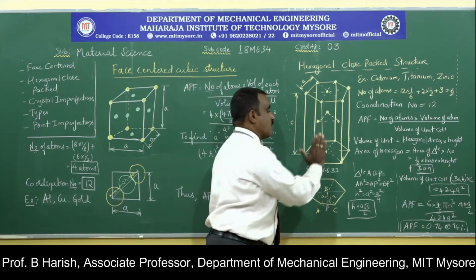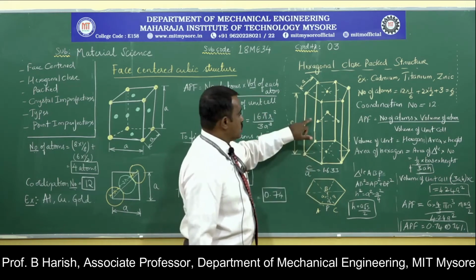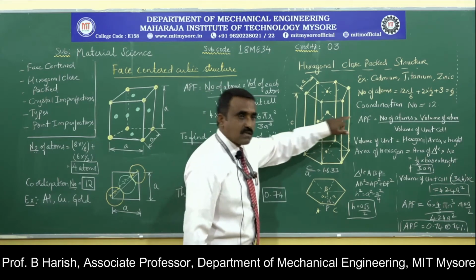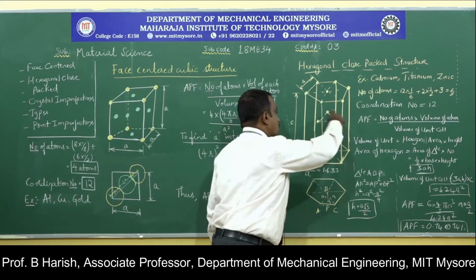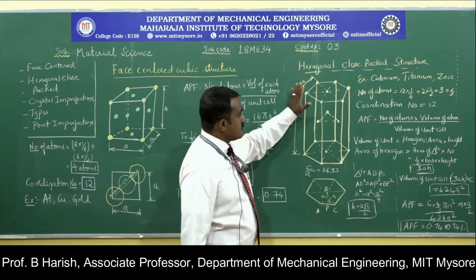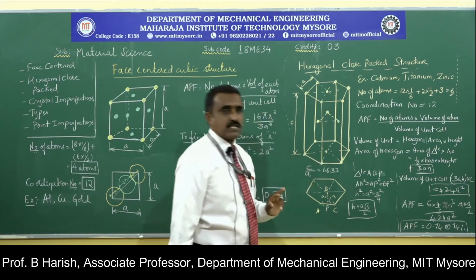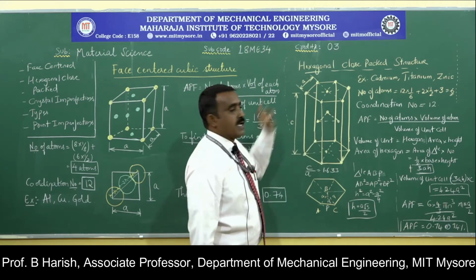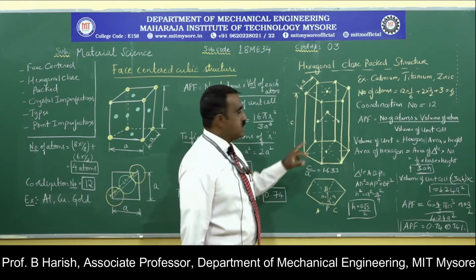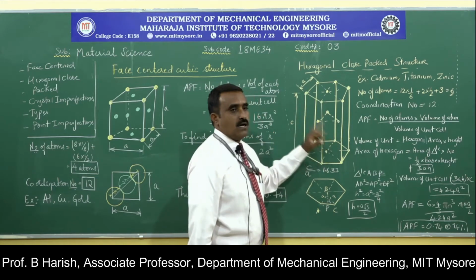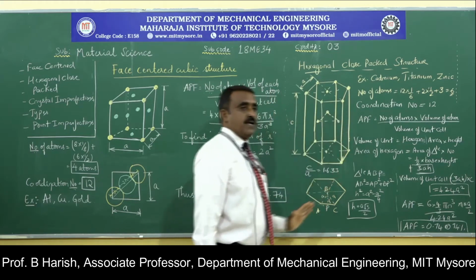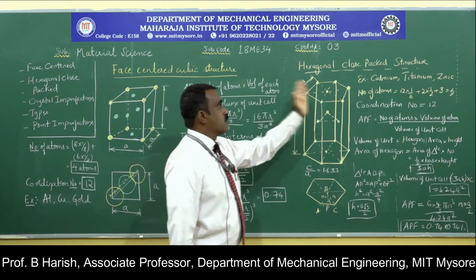Along with this, we will have atoms present within the rectangular faces. Considering the adjacent rectangular faces, in the first rectangular face an atom will be present, in the second it will not, in the third it will be present. That's why it will be 3 atoms, the 3 atoms shown here in this figure. So one atom on all the corners of the bottom and top hexagonal face, one atom at the center of both hexagonal faces, and one atom on the adjacent rectangular faces. That is how the atomic arrangement will be in the hexagonal close packed structure.